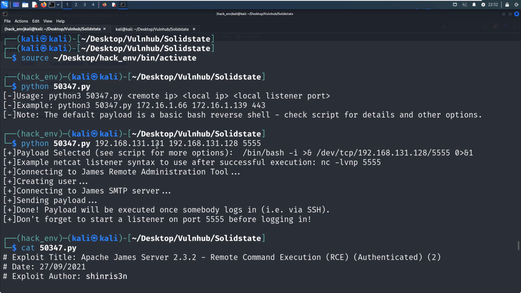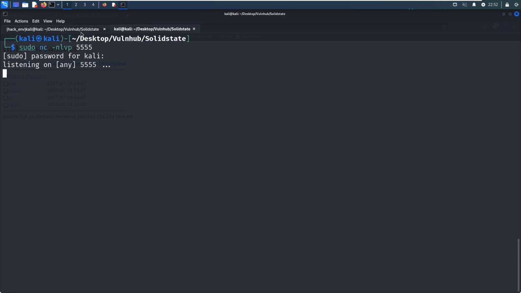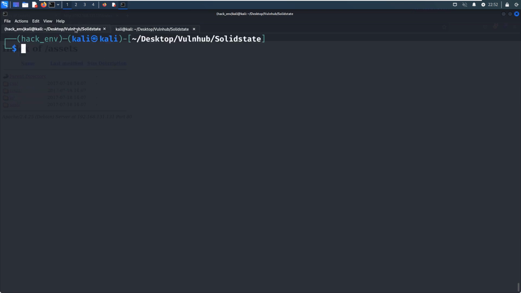So it means that we cannot directly or simply utilize Metasploit or the Python exploit to get the shell on the target. We need to manually exploit this vulnerability. How to do? We can connect to the target. Of course, we need to telnet or connect to the port number for the remote administration, 4555.